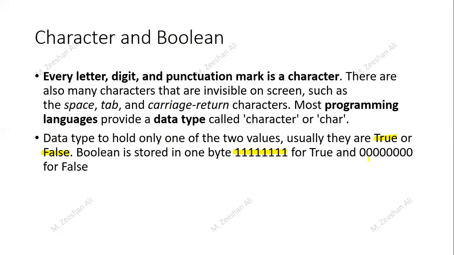And if we store false, the value of the whole byte will be based on zeros. If I store true as a string, it will take at least 4 bytes of space, or if I store it as false, it is going to take at least 5 bytes. But if I declare it as a Boolean and then store true or false, it will take only